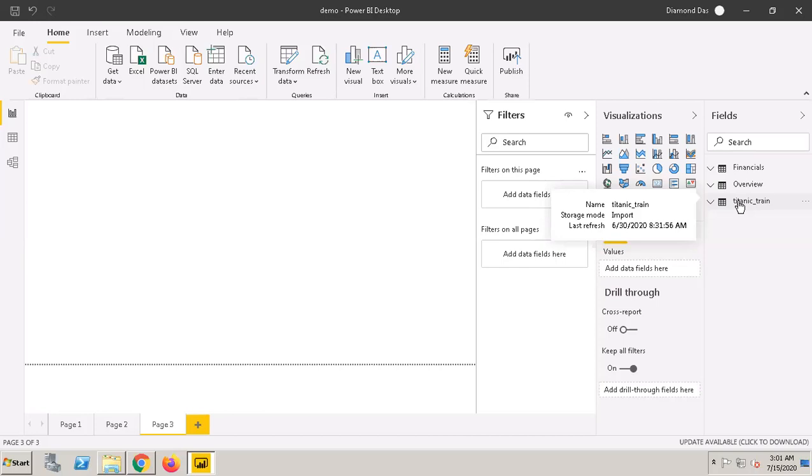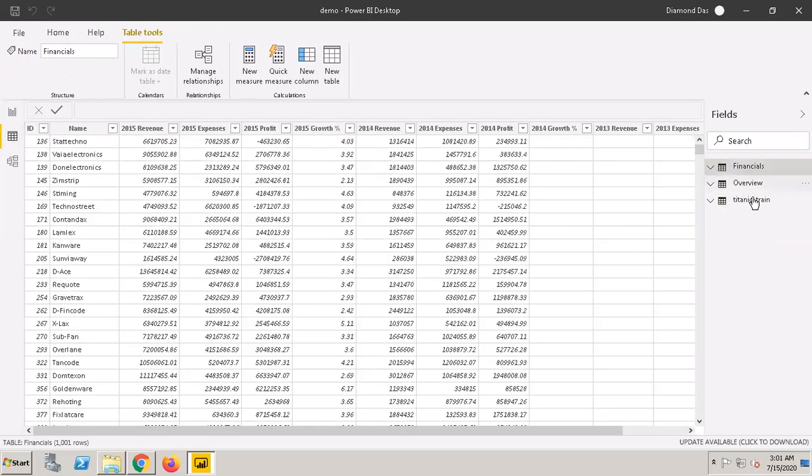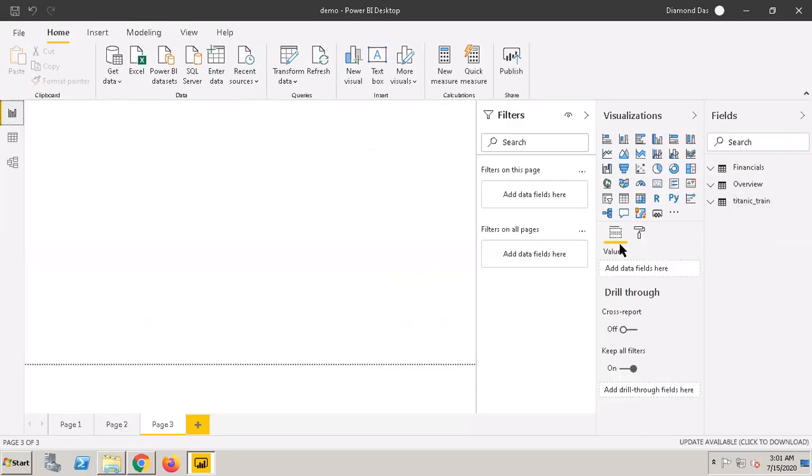Basically we have the data for individual people, like how many people boarded that ship and whether they survived or did not survive. So their gender, their names, their class, their tickets, and all these details we have. So let's create some visuals using the Titanic dataset.